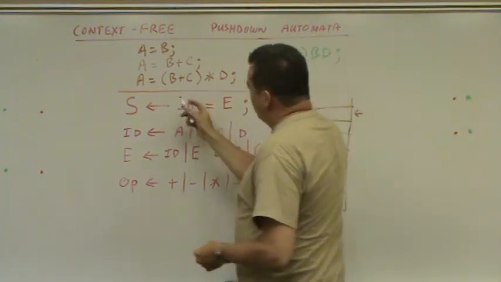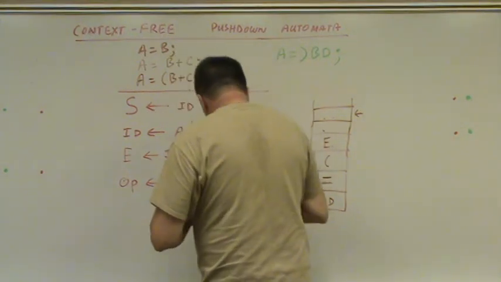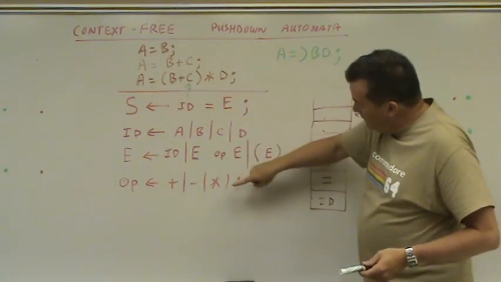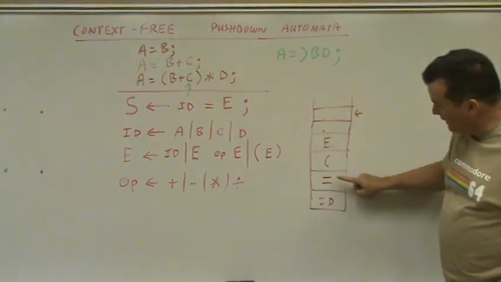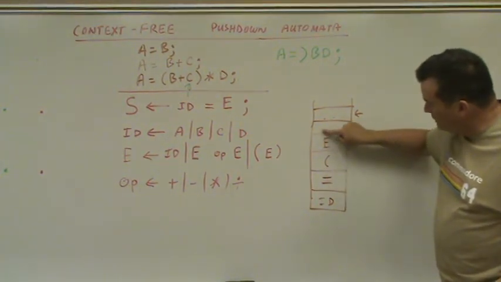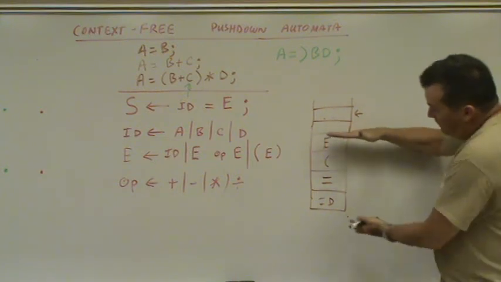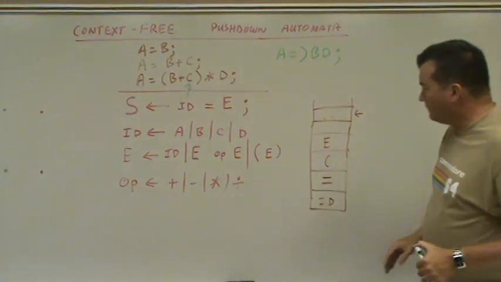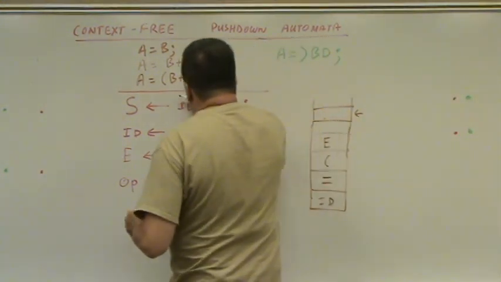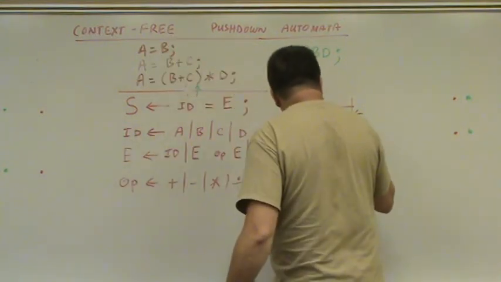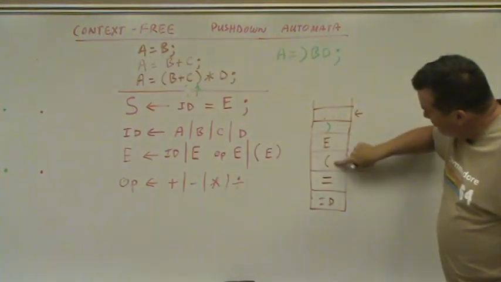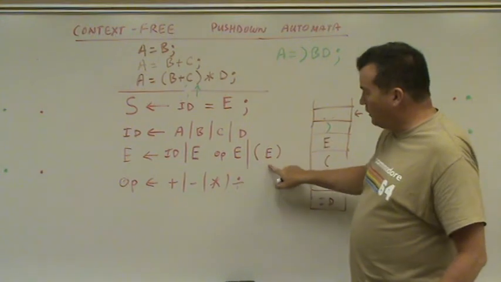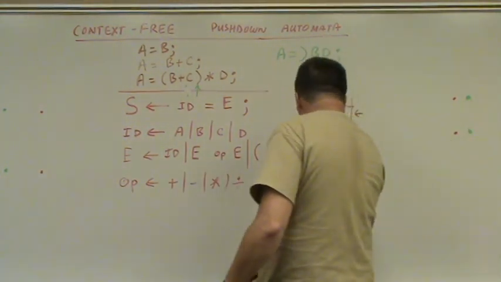So what we've done is we've read up to this point. And based on our grammar, we have seen an identifier, an equal sign, an open paren, and what we now consider an expression. So we're keeping on top of the stack everything we see following the rules of our language, following the grammar. Then we see a closed paren. So we read here, and we put a closed paren up here, and we say, an open paren followed by an expression followed by a closed paren, that's an expression. That's this rule. This is another way of saying that's an expression. So now, this collapses,